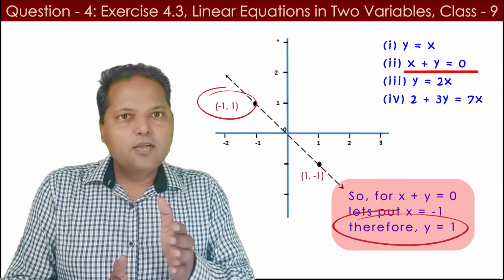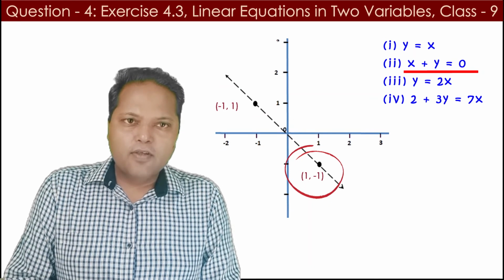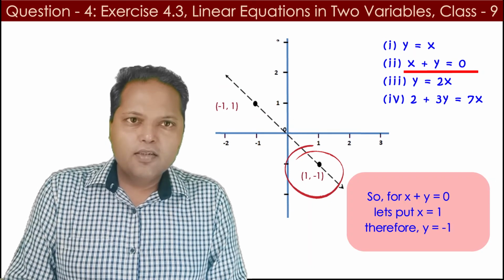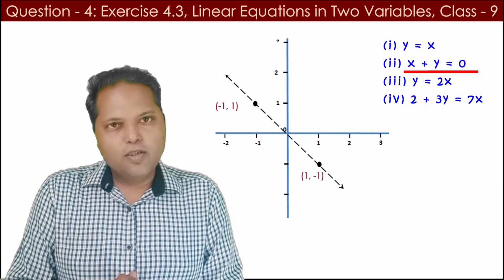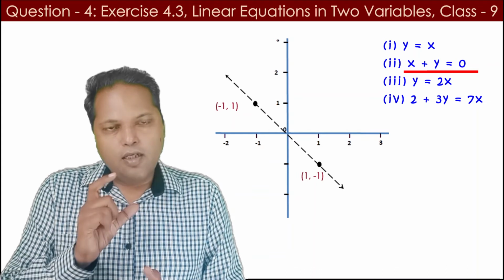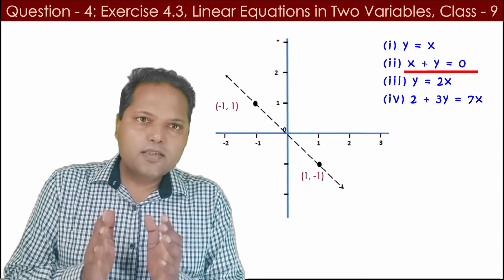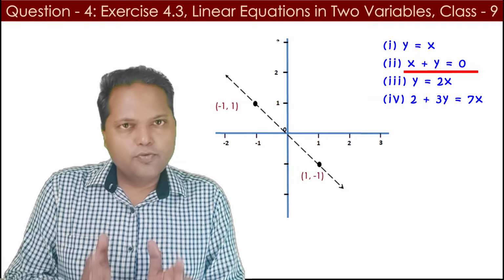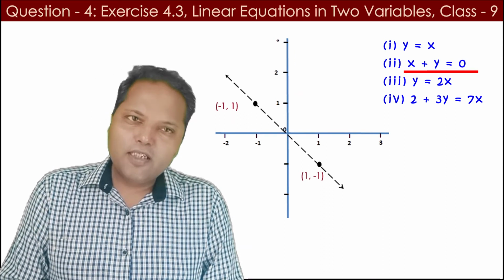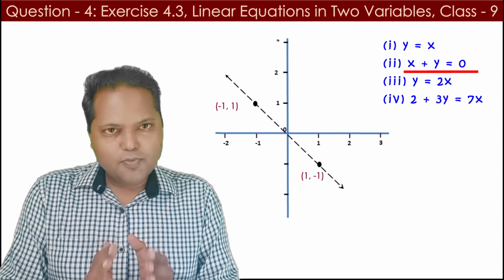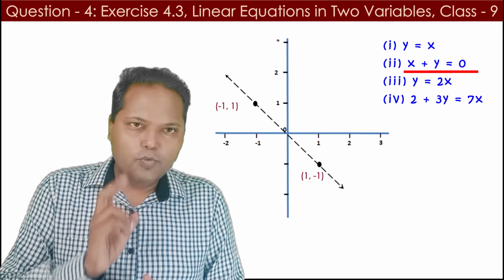Now let us try the next point of the straight line, and we see that when we put the value of x, then the value of y is coming, which is equal to the value of the y coordinate in the point. That means these coordinates are satisfying the equation, and hence equation number 2 is getting satisfied with both the coordinates of the graph. Therefore we can say that the equation number 2 is actually the answer of this particular graph. So now let us move on to the figure number 2.